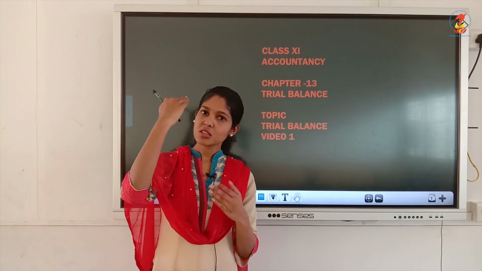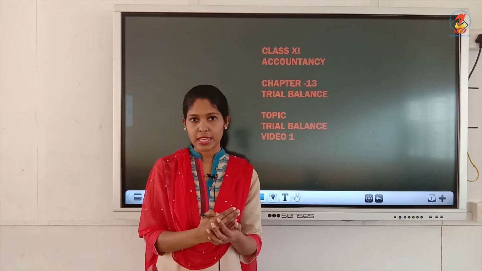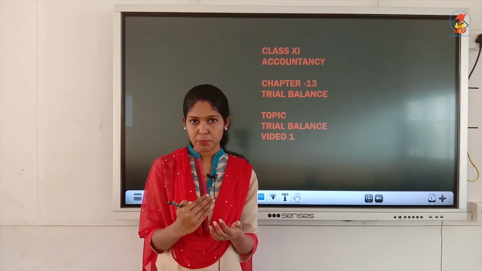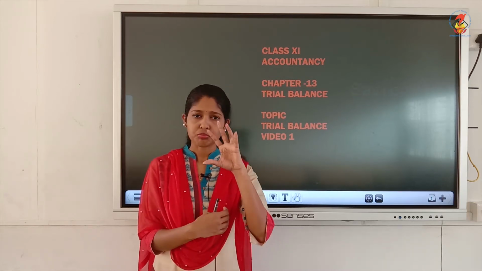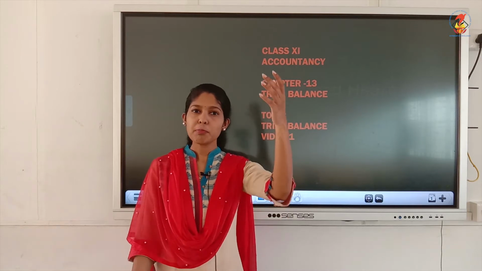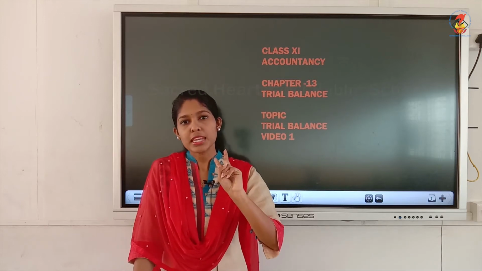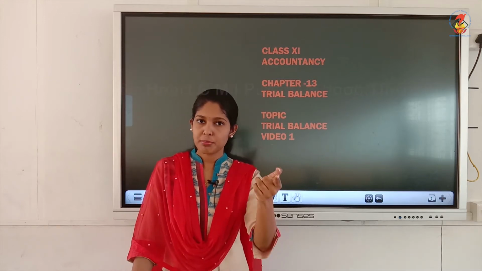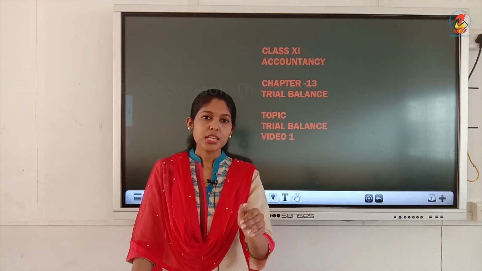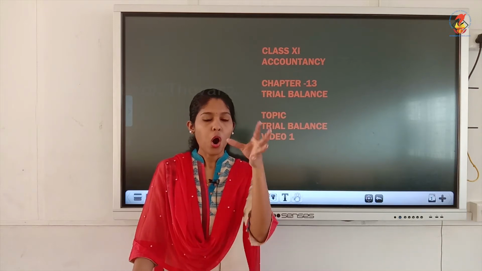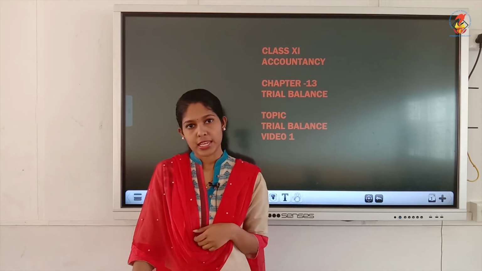So on the basis of ledger, soon after journal and ledger, what we prepare is trial balance, and trial balance is prepared with the balances of ledger accounts. We know that for a given question we will be preparing so many ledger accounts, isn't it? For every transaction there will be a minimum of 2 ledger accounts, because a debit account and a credit account would be there for you to prepare. So similarly you will be having so many ledger accounts. On the basis of these ledger balances we will be preparing the trial balance.